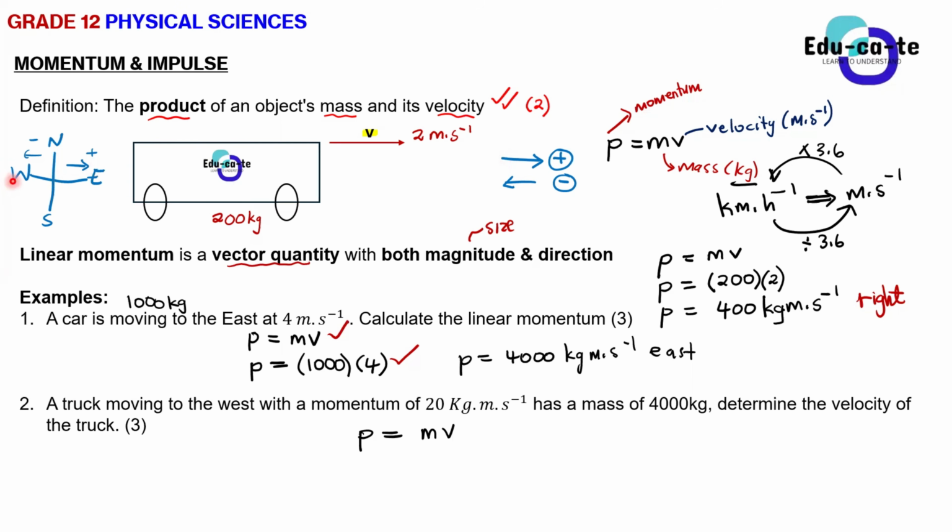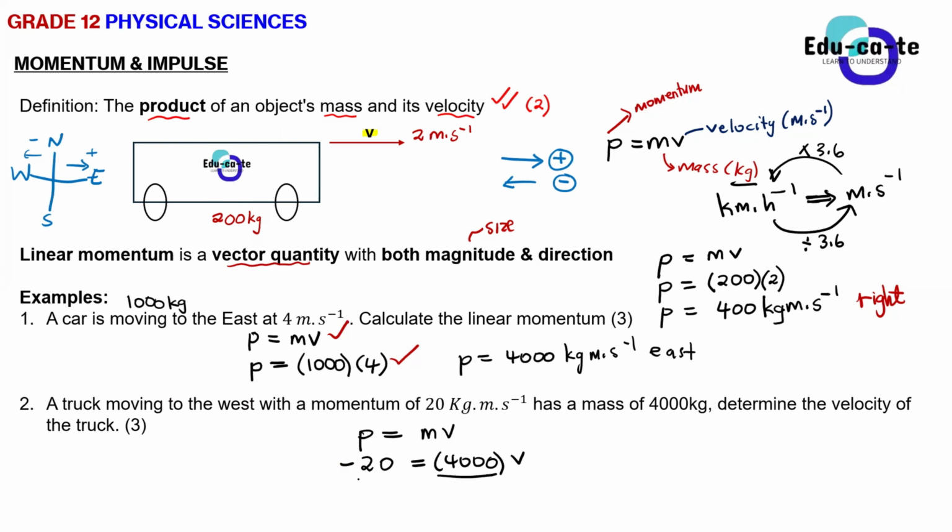Yes, negative. So when you substitute the momentum P there, you cannot substitute the 20 exactly as it is. You substitute the negative 20. Exactly. What is the negative for here actually? To show us the direction. Yes, the direction, because momentum is a vector quantity with both magnitude and direction. We get that, right? Cool. All right. It is equal to the mass of the truck, which is 4,000, times the velocity. You just divide both sides by 4,000.